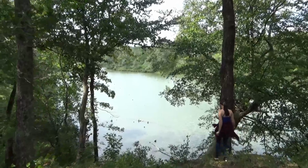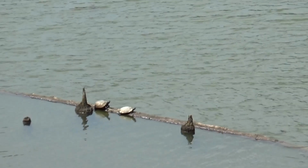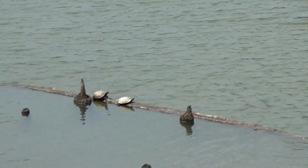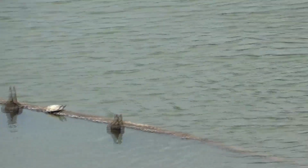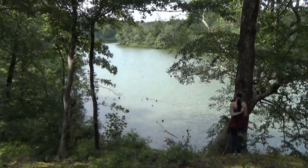Hopefully the wind noise isn't too bad. Oh, there's some turtles. There's some turtles sunning themselves down on the log. They usually will jump off. Yep, there they go. As soon as they see us. Let me take you down here and show you